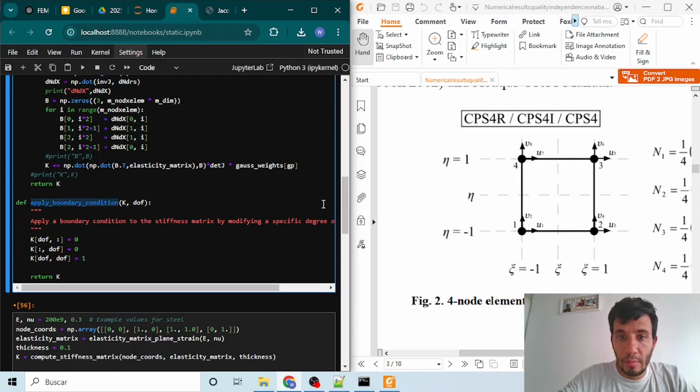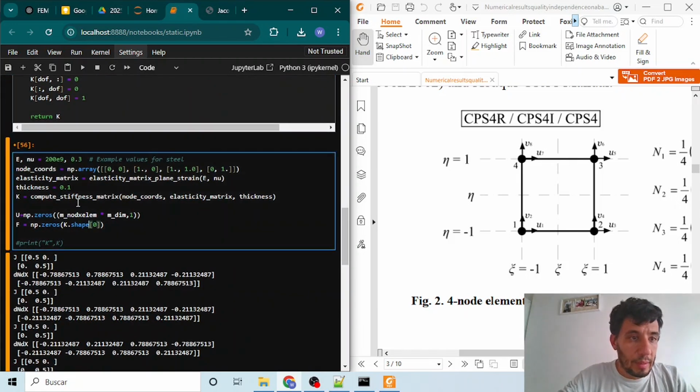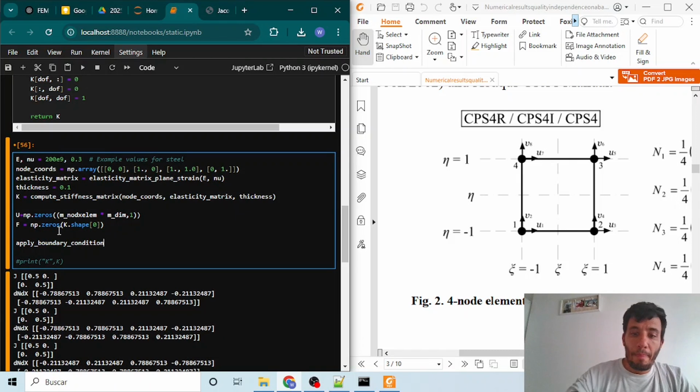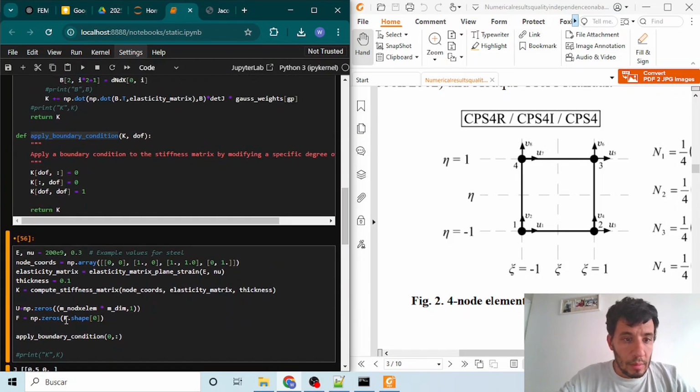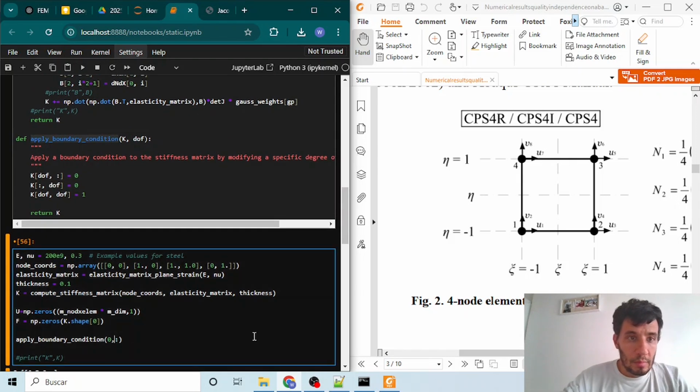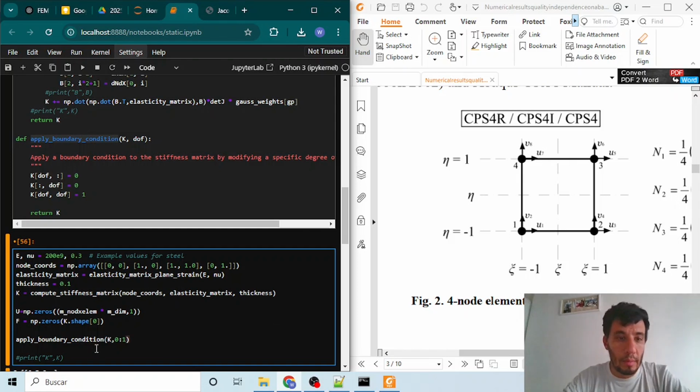In that case, we can define our boundary conditions to be 0 and 1 in order to restrict these 2 directions, which is the first degree of freedom.